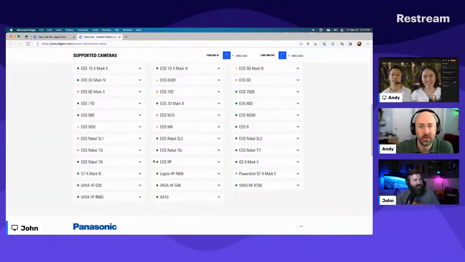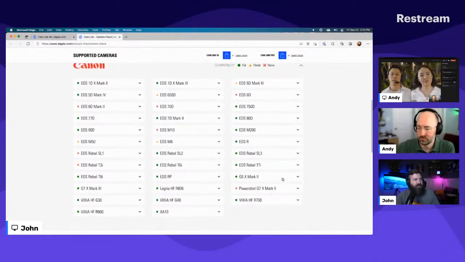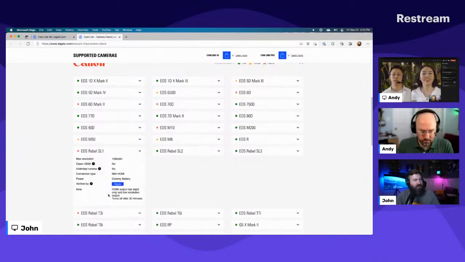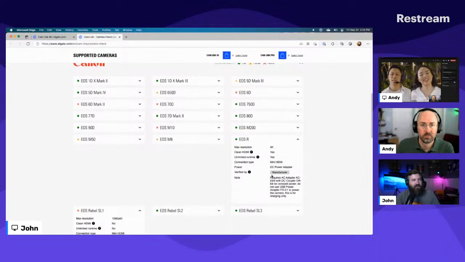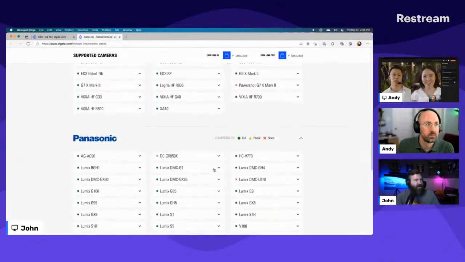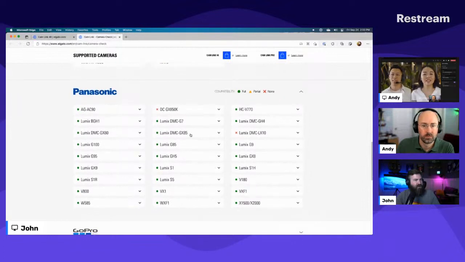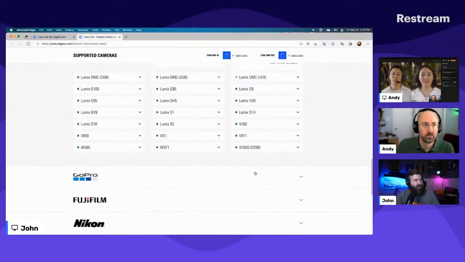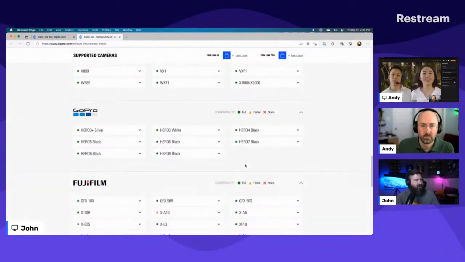But what's nice is they've got basically all of these, like the M10 or the Rebel SL1. You can look up your particular model and see why, for example, the SL1 does not work. It's because the HDMI has a crop and it turns off after 30 minutes. But the EOS R works well and is verified by the manufacturer. Some of them may have a partial listing, or they might say it's verified by the community instead of the manufacturer.